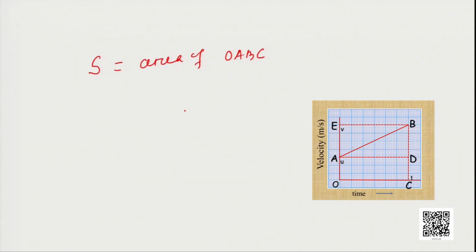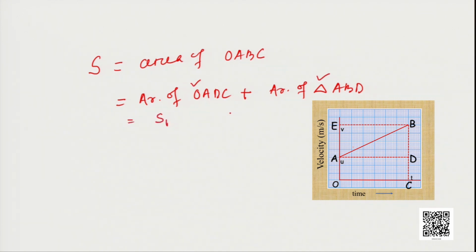For that, if you divide it, we will write it as area of OADC, which is the rectangle, and the area of triangle, here I am writing area of triangle ABD. So first we will find out the area of OADC, then we will go for area of ABD. So let us represent it as S1 and this one as S2. So for S1, the area of the rectangle OADC,